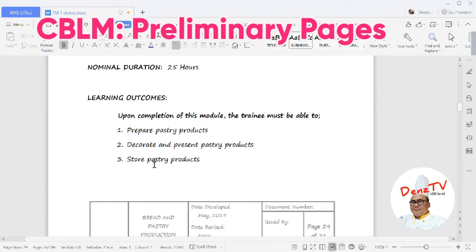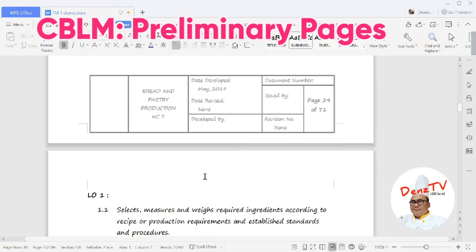Or LO3 for you to make a CBLM. Alright? So in this case,